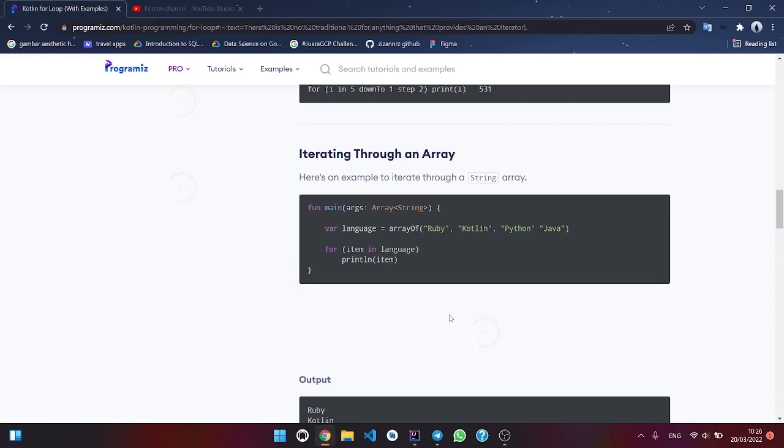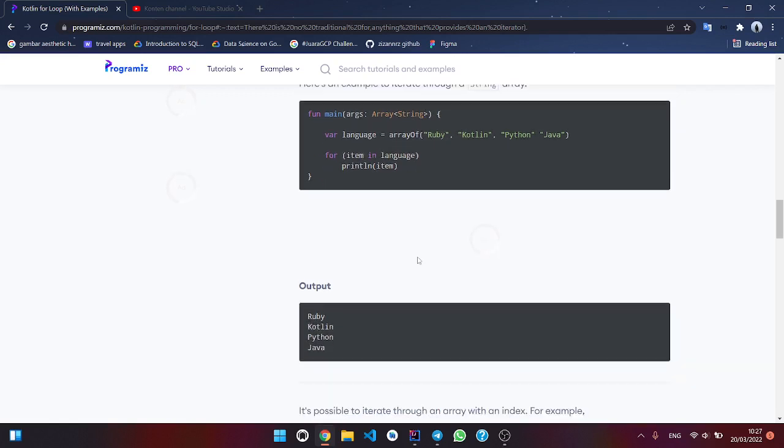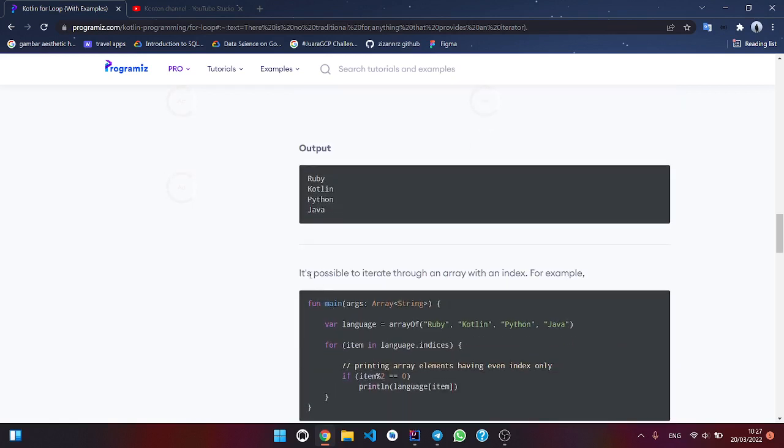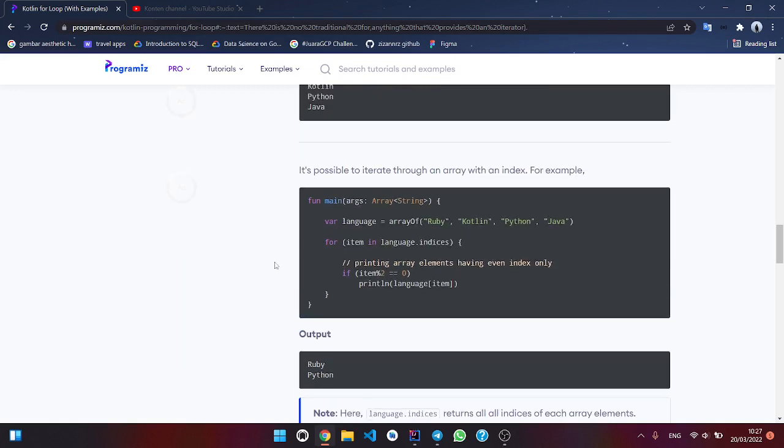Here's an example to iterate through a string array. The string array contains Ruby, Kotlin, Python, and Java, and this is the output. It's possible to iterate through an array with an index, for example this code: fun main(args: Array<String>) { val language = arrayOf("Ruby", "Kotlin", "Python", "Java") for (item in language)